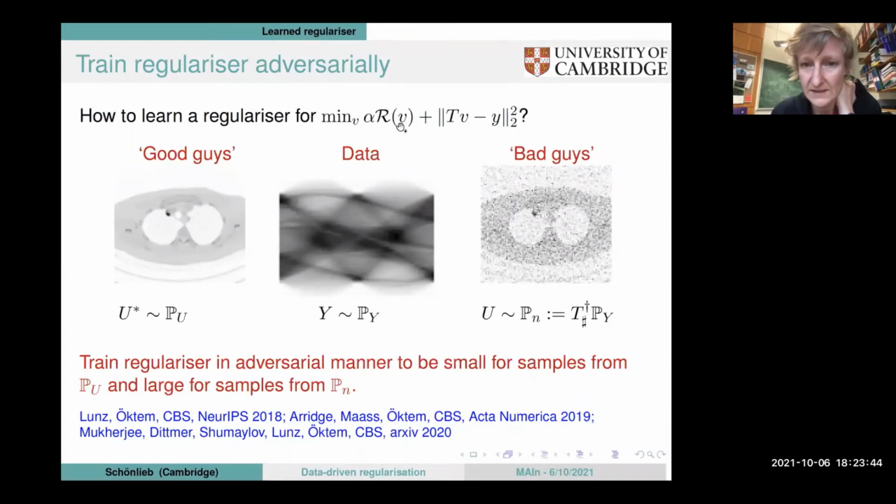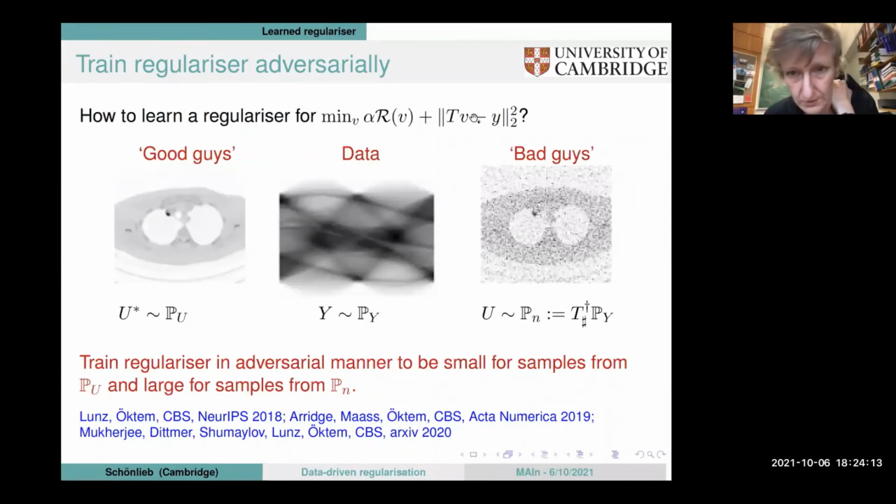It should penalize the kind of noise and artifacts that we expect to see from inverting the forward operator capital T by just the least squares fit. It should be large for noisy reconstructions, and it should be small for the kind of reconstructions we want to see, for the kind of images we want it to favor as solutions